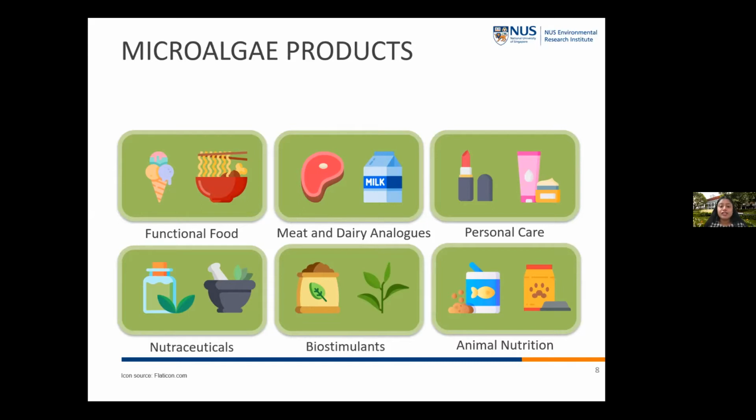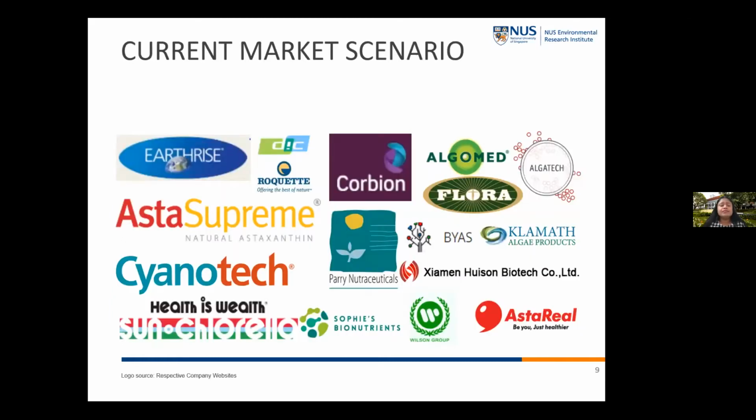Recently, microalgae have also become popular as biostimulants. What biostimulants do is help plants take up nutrients effectively, and they also increase the tolerance of plants towards abiotic stress. So that's an emerging area. Microalgae are also popular as fish feed or dog food. Currently, there are more than 100 biotechnology companies worldwide working on this amazing microorganism, and they